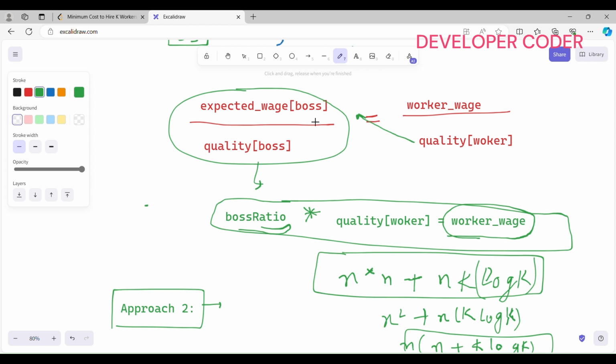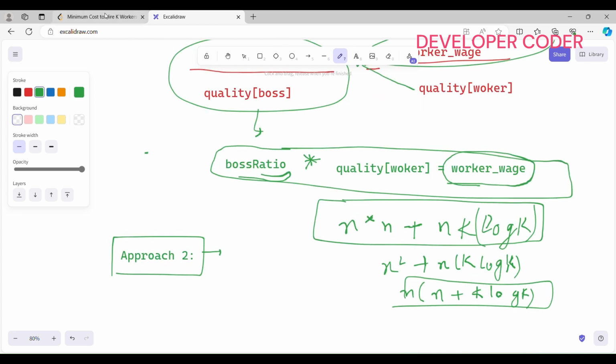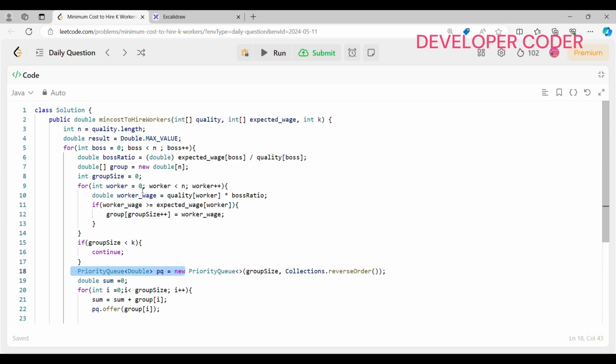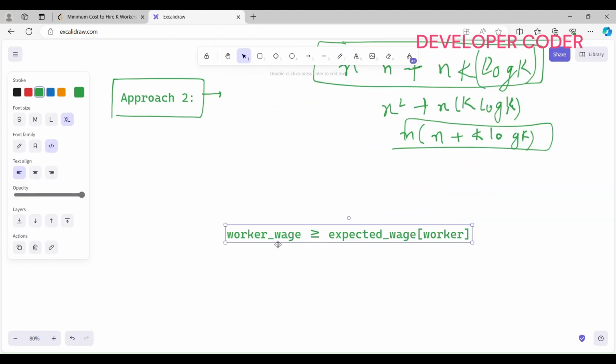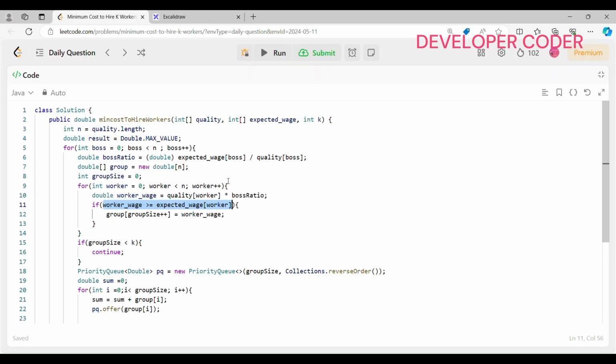Expected_wage of boss divided by quality of boss is equal to worker wage and quality of worker. This is how I'm calculating my worker wage. And inside this code I'm writing one more line here. See, if worker wage is greater than the expected wage of worker. So this is the line. If worker wage is greater than or equal to expected wage of worker, only in that case I am forming